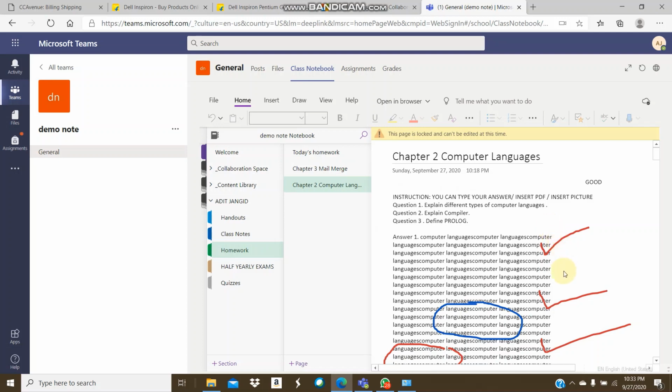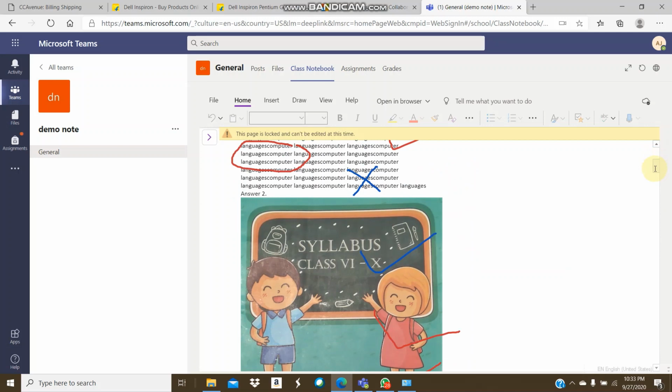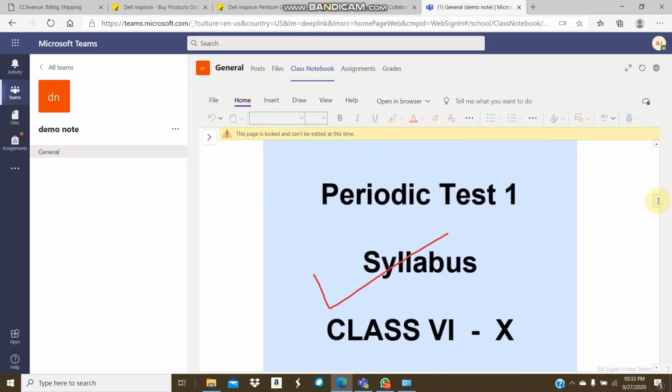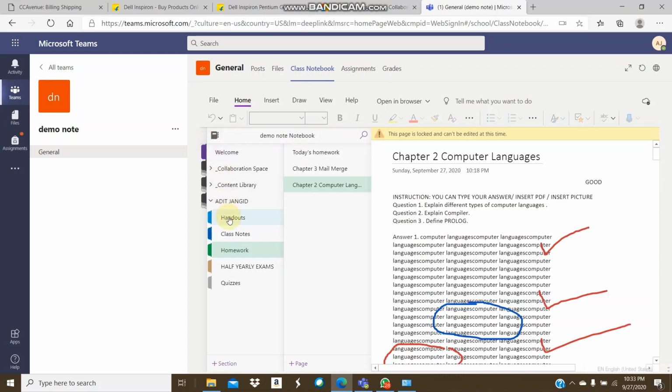The teacher already checked it, and this is how teachers check the homework or whatever work you have done. See children, you can see this message: you cannot edit now because it is already checked and locked. You can see only your account here, and if you do some mischievous things with this, you are directly responsible for those problems.